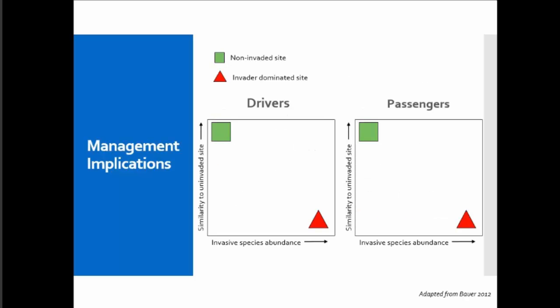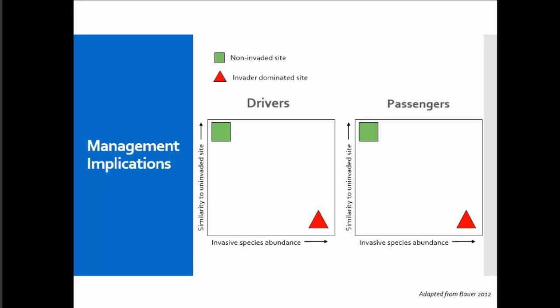So once we begin to understand how these invasive species act, we can then think about our management. So on this slide, there's two identical plots that you'll see on the left side for drivers, on the right side for passengers. On the y-axis, we're looking at the similarity of the site to an uninvaded site. And on the x-axis, along the bottom, we're looking at the abundance of invasive species. So the green square represents a non-invaded site. You'll see it has no or very low invasive species abundance, whereas the red triangle represents a site dominated by